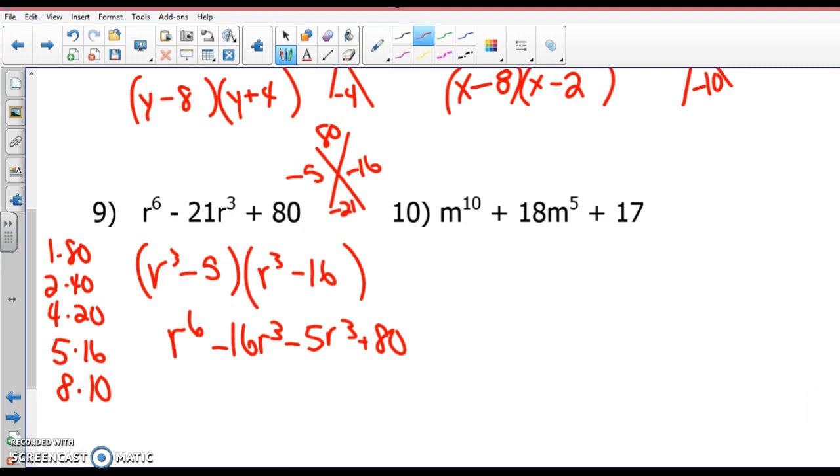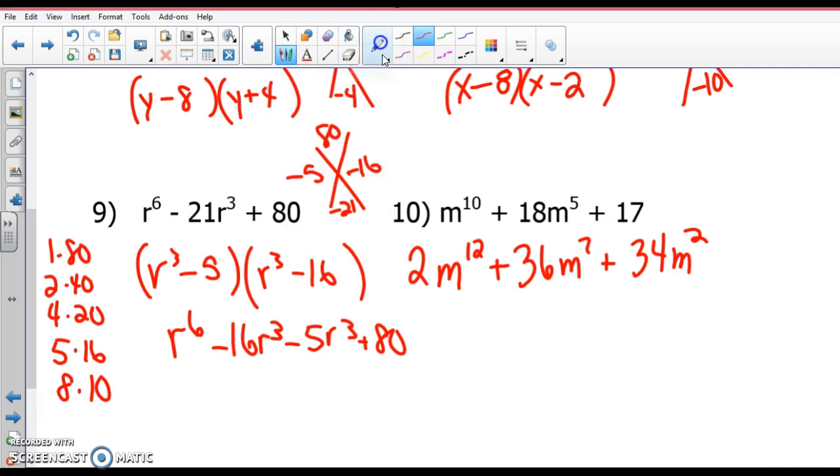All right, let's try. I'm going to change this problem. Change this problem to this: m to the 12, 2m to the 12, plus 36m to the 7, plus 34m squared. Change that problem. Cross this out. Now,